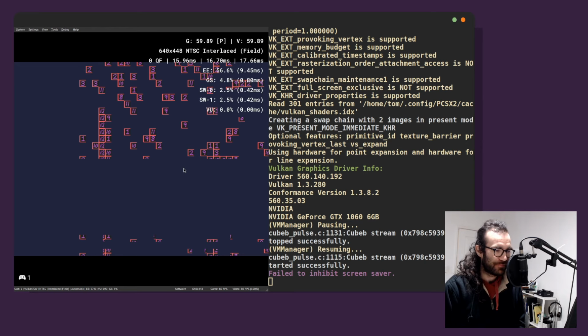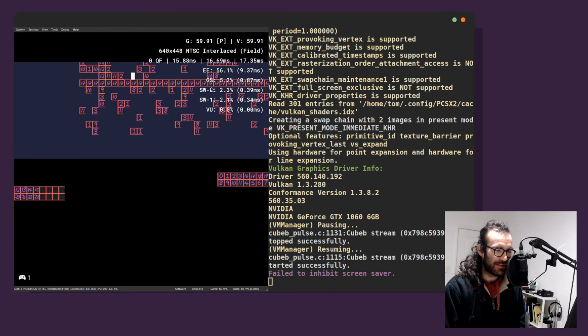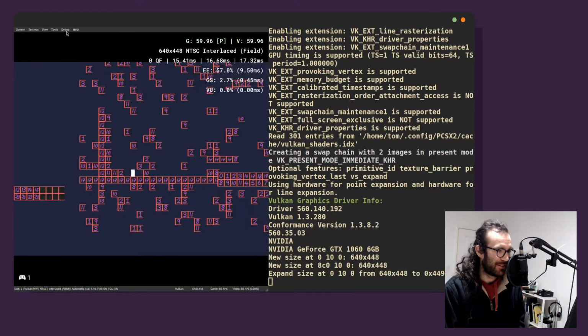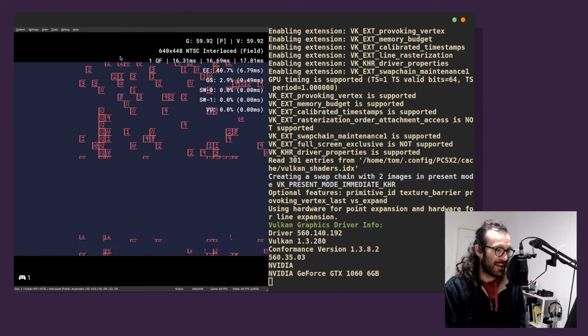Oh yeah, I should have actually known, right? Like it wasn't logging, it wasn't printing the right stuff for the software renderer. It actually prints different stuff. You can tell. You can actually see the difference. Cool. So,